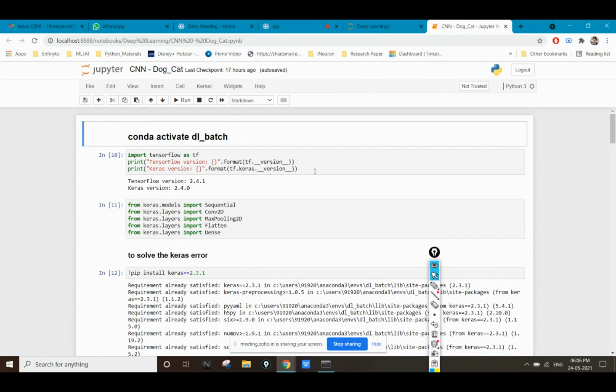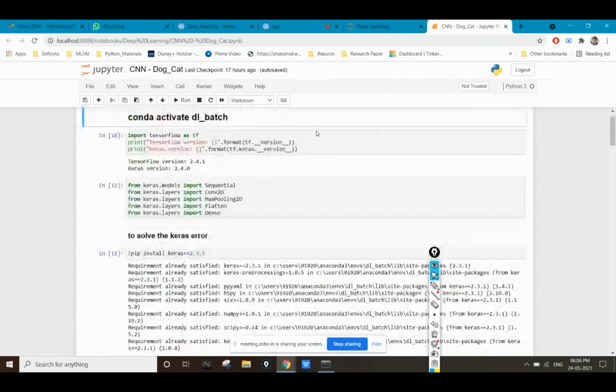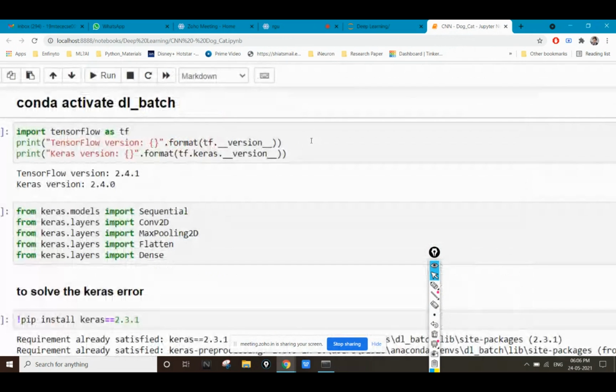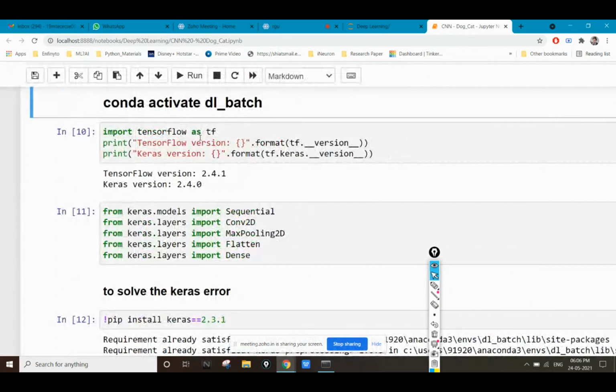After activating your environment, the environment which you created in the last class, the name of the environment was RGU. If you have that environment, you can activate it, or any other environment if you have created one. Just check the TensorFlow version and the Keras version available in it.